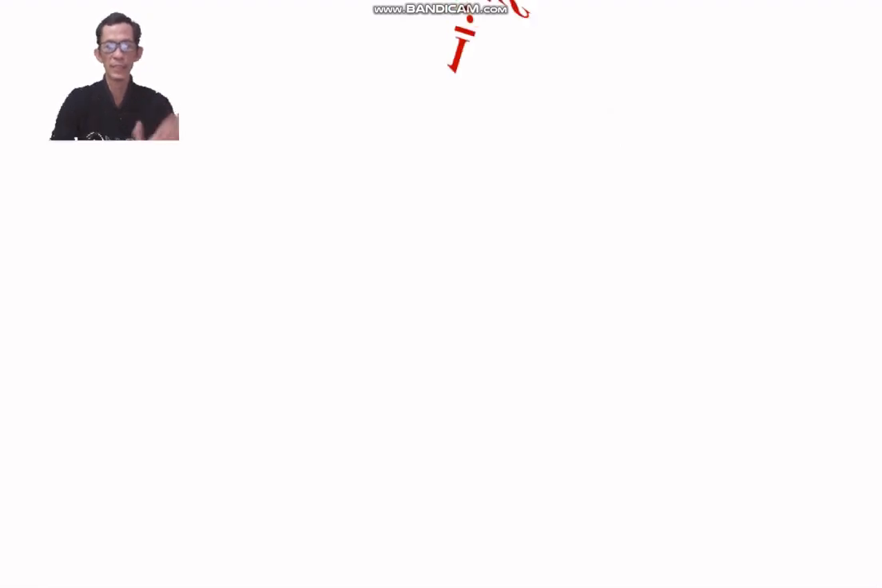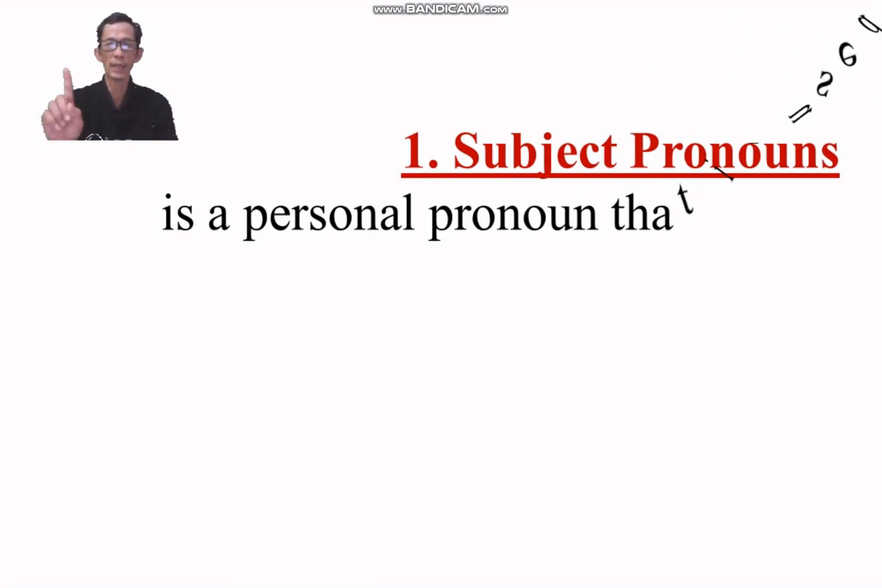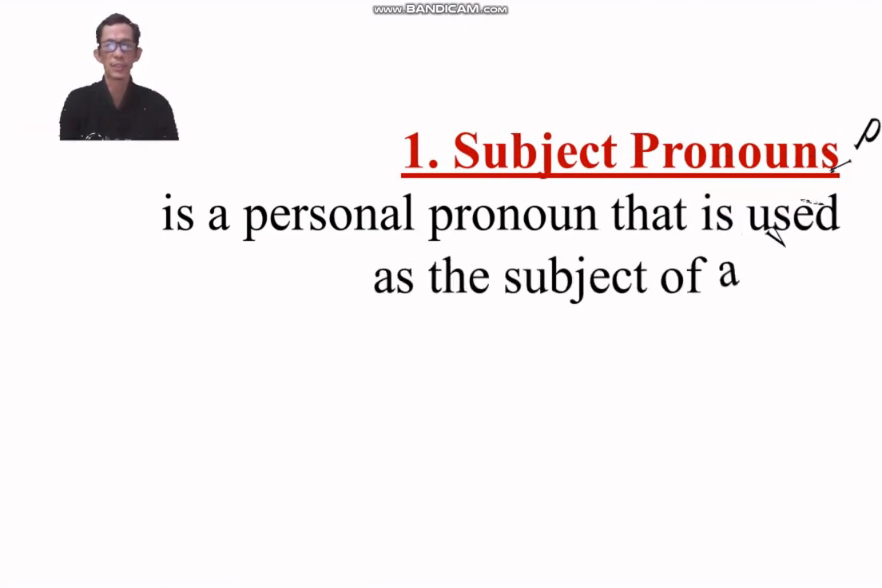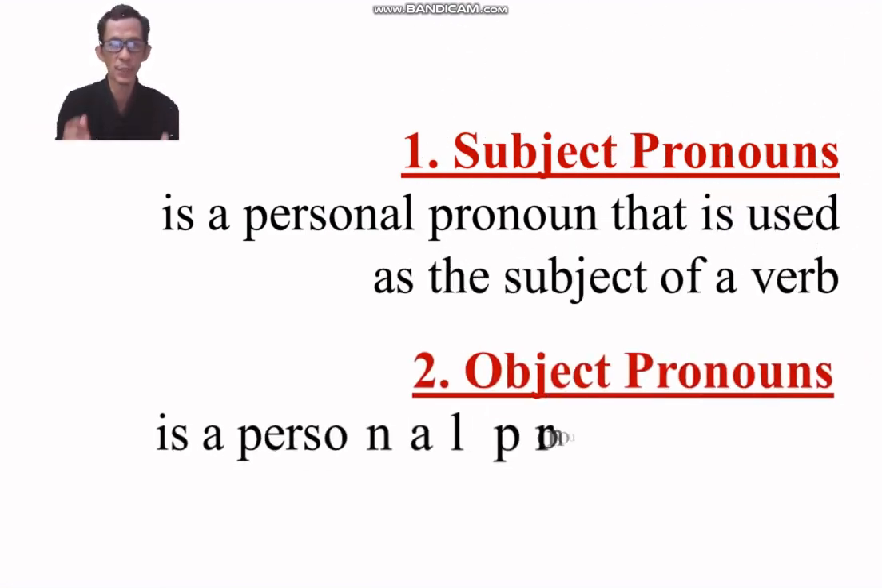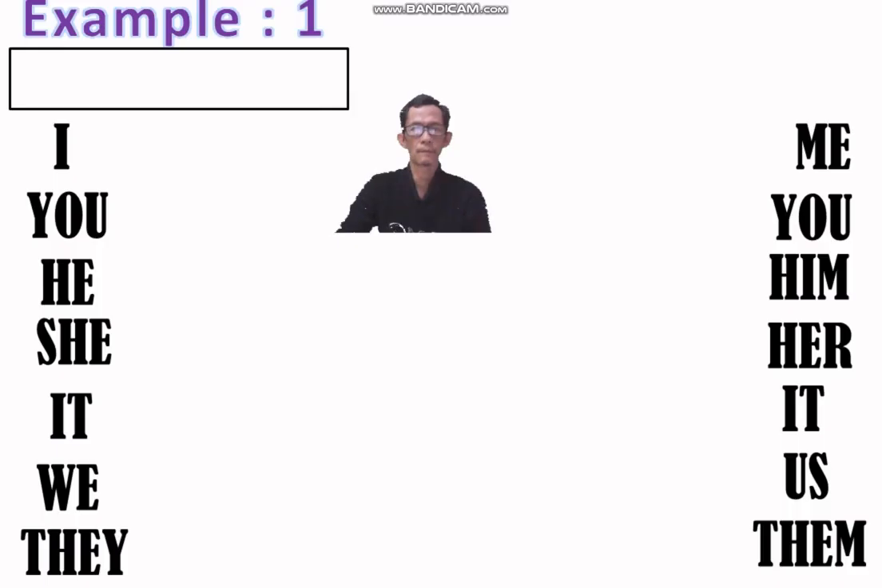Okay everyone, let's take a look at the explanation. One, subject pronouns. A subject pronoun is a personal pronoun that is used as the subject of a verb. Two, object pronouns. An object pronoun is a personal pronoun that is used typically as